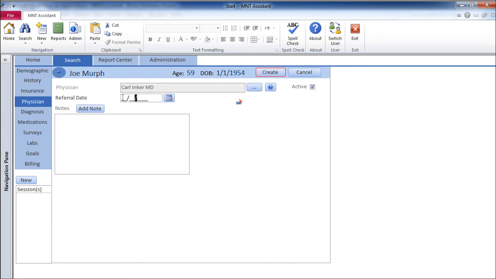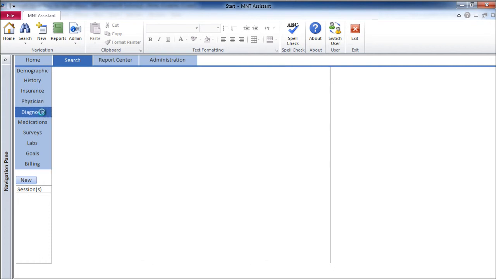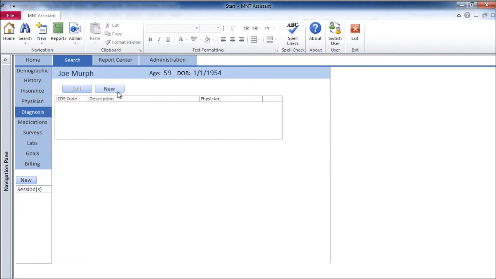So now we have a referral date. Let's say it was referred a few days ago. I can just type it in and then click Create. And then if I want to, I can add a note. And then we'll go down to diagnosis. So now we have the referring physician, we can go in and create a diagnosis. By clicking New here,